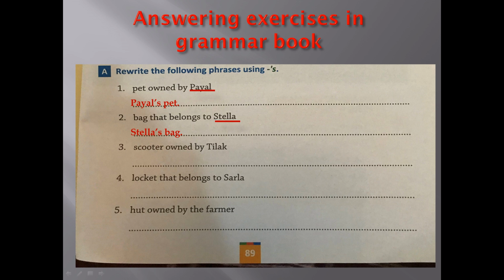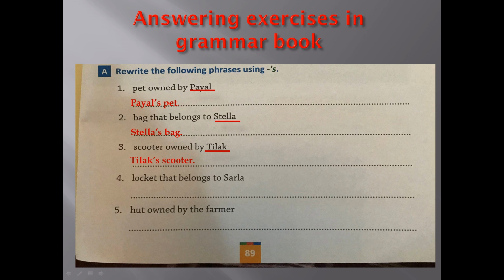Please read with me. Help me to read the sentence. Scooter owned by Tilak. Here I want to show that this scooter belongs to Tilak. It is very easy. Tilak is the one who owned the scooter. I will put it at the first. I will say Tilak, apostrophe at the top for the s, it will be Tilak's scooter. Okay. And the fourth example here,